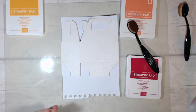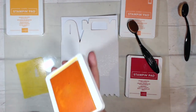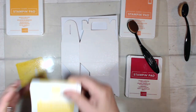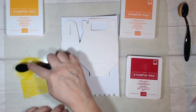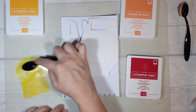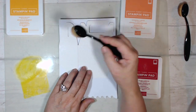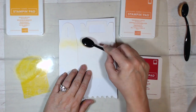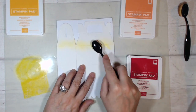and I'm just going to press the ink down onto my splodge mat, my blending mat, and I'm doing that just to try and make sure that I don't accidentally contaminate my ink pad. So I'm going to start with the lightest colour, which is the Pineapple Punch, and I'm just brushing it lightly along the top of my gable box,